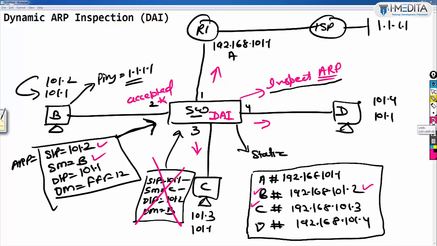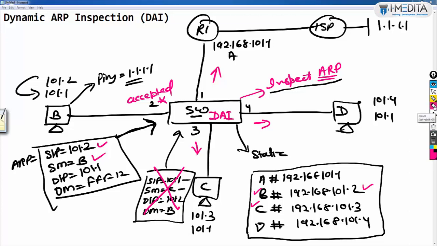Again I am repeating here. When a switch is performing dynamic ARP inspection, it will inspect ARP packets. When an attacker or machine sends an ARP packet, it will be matched with the database. The switch has a database. The attacker is saying my source IP is 192.168.101.1, my MAC address is C. When this packet comes at the switch, the switch will check, okay, wait one minute. C is bringing 192.168.101.1. The database found C for MAC, and the IP address is 101.3. It is saying 101.1, not matching. So this packet will be dropped.